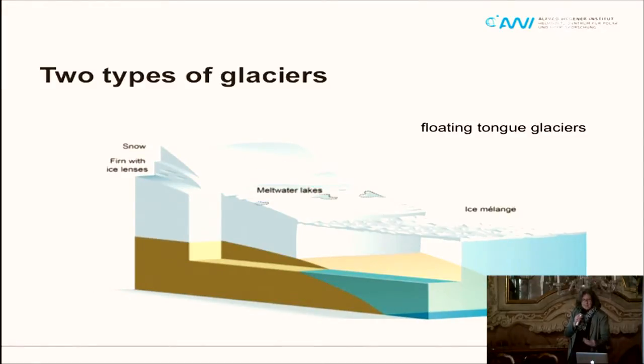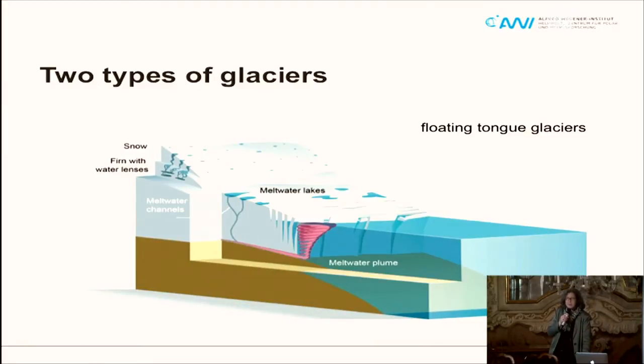And a different system is these tidewater glaciers, where you have a calving front sitting directly in the ocean, and you have calving of icebergs every hour, every day, so small pieces of ice. And then in addition, you have these larger chunks of ice which are calving off, and that's what you could also see in the movies that you have seen in the exhibition at Geochi.